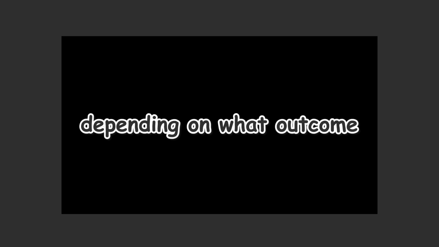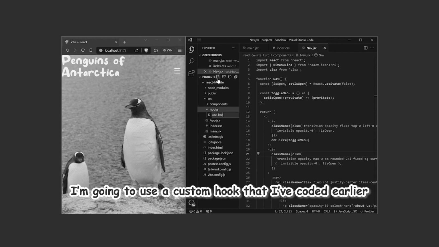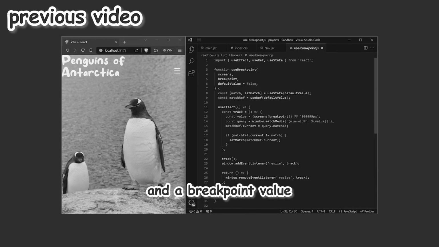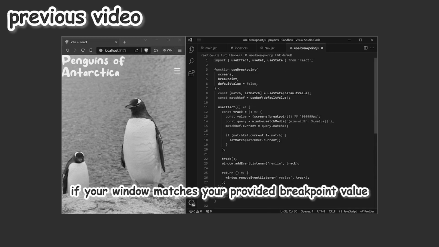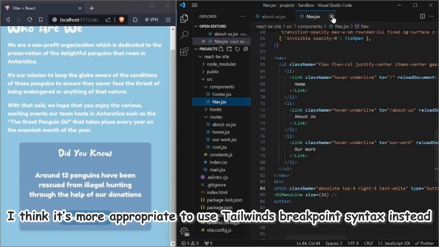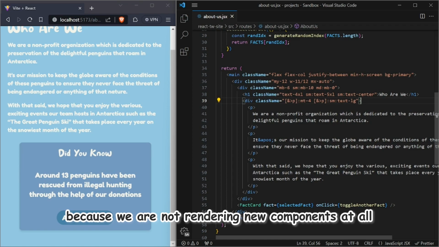There are two ways to deal with this depending on what outcome you are trying to achieve. In the nav scenario, I used a custom hook that I'd coded earlier, which basically takes in a given object of breakpoints and a breakpoint value, and returns a Boolean value if your window matches your provided breakpoint value. But this time, I think it's more appropriate to use Tailwind's breakpoint syntax instead,